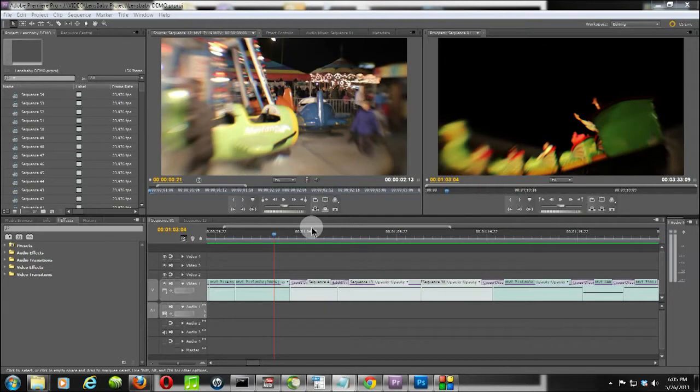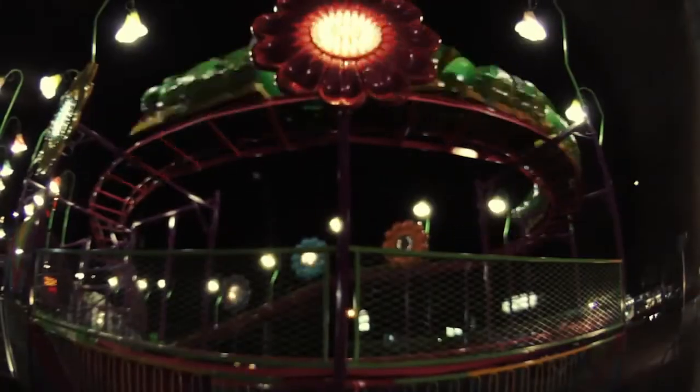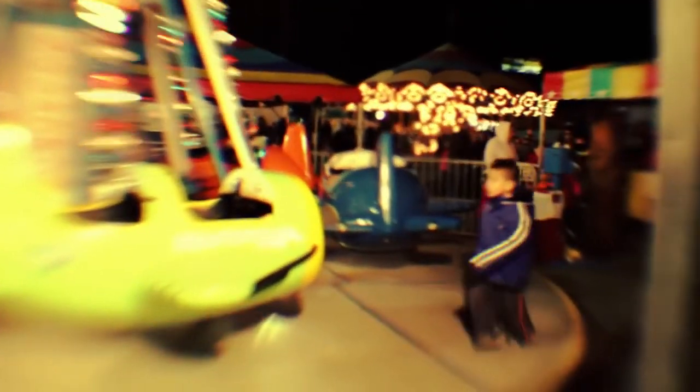So this particular project I'm working on right now is a demo that I'm doing for the LensBaby system. I'm already working with visuals that are very dreamy and have a surreal look to them. If you can see over here, I'll pull this back a little bit. This is the project, and I'll be working backwards a bit. As it comes around here, we show the scene of these kids that are getting up onto the